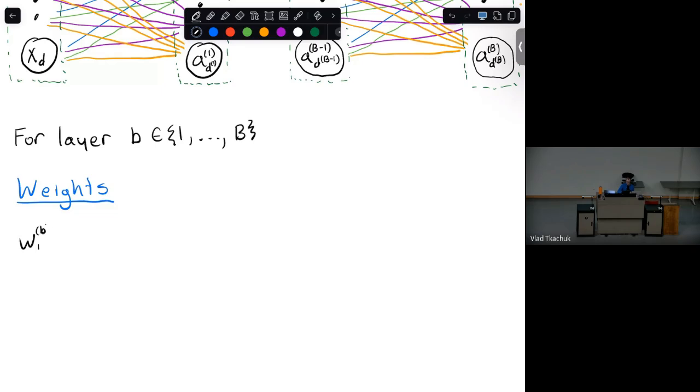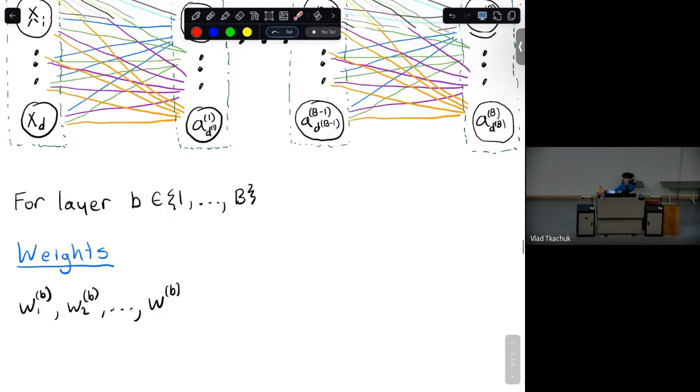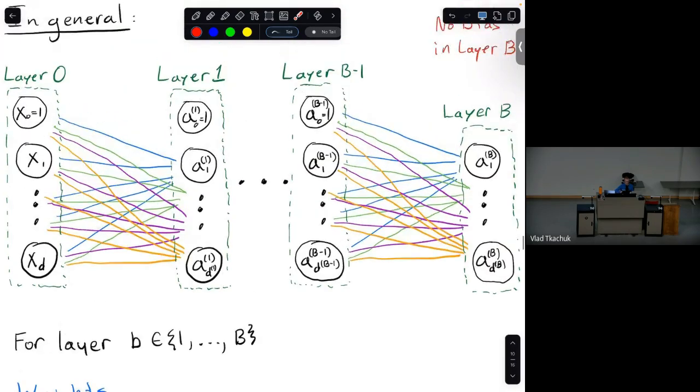So we're at layer B, that's the superscript. The subscript just indicates this is the weights for activation 1. Then there are weights for activation 2 at the same layer, up to weights for the last activation. So what should the subscript be? Let's look at layer 1. There are some weights for activation 1, then some weights for activation 2.